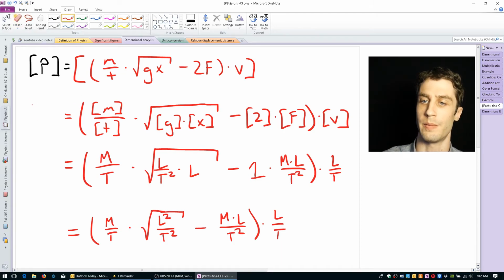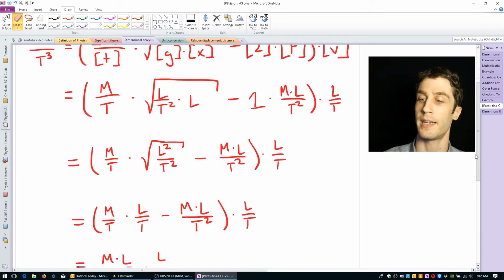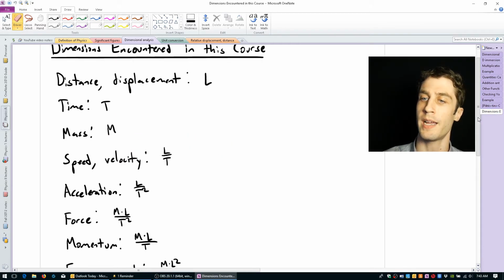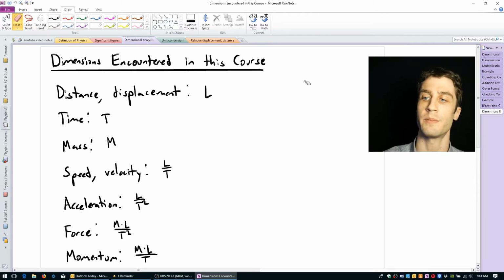So maybe to be a little bit more explicit, I could have made this substitution immediately. Mass times length squared divided by time cubed. If at any point we had tried to subtract two quantities of different dimensions, or if our result had been anything other than a mass times the length squared divided by a time cubed, we would know that we've done the problem incorrectly. All right, I'm going to close out this video by just listing different dimensions that you'll